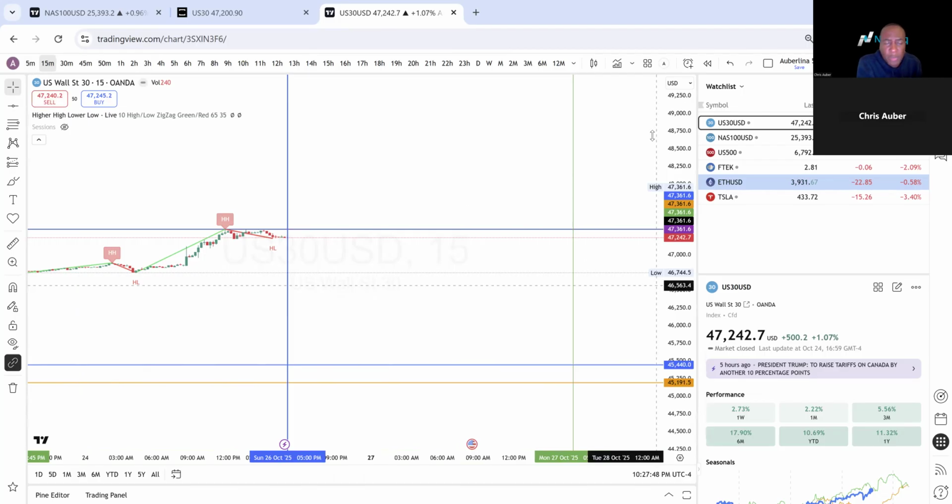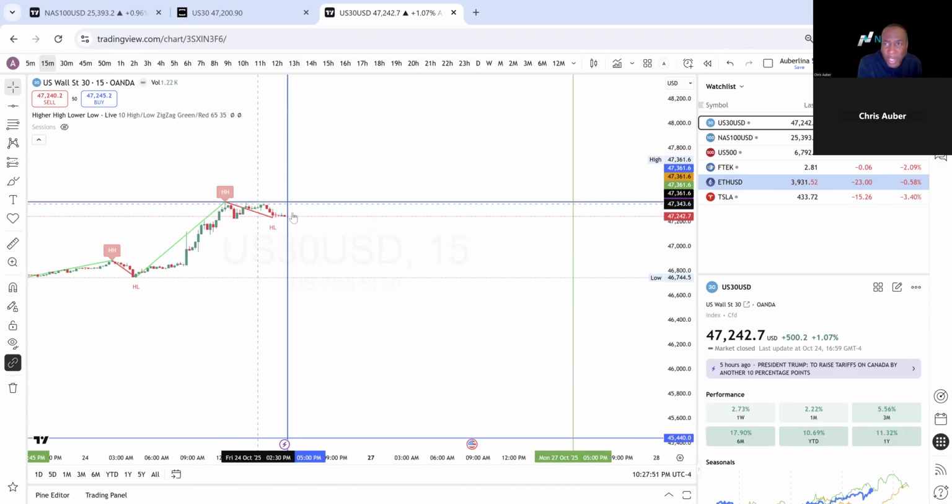I still believe that the market will go up and probably break the all-time high again before giving me more of a retracement. So I'm not excited to jump into a trade as soon as the market opens tomorrow. I do have a trade that's running from last week, which will continue to go on,